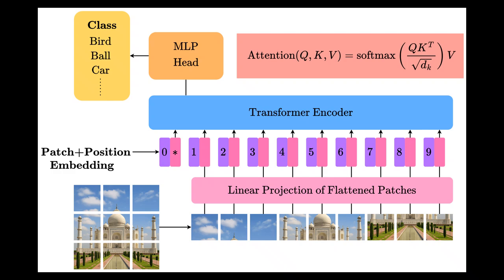As information flows through the transformer, all the patch information gets mixed and the class token becomes the place where the global representation is collected. At the end, the output corresponding to the class token is fed into an MLP head, and the output of that MLP is used for classification tasks. So effectively, the transformer allows all image patches to communicate with each other.